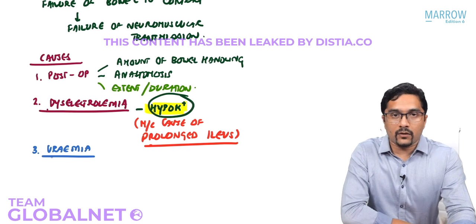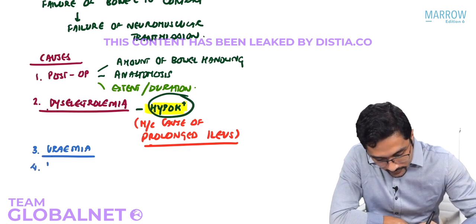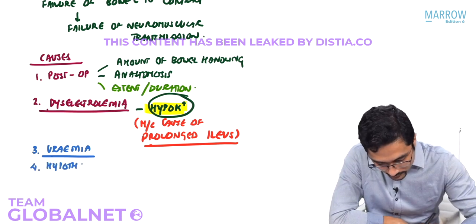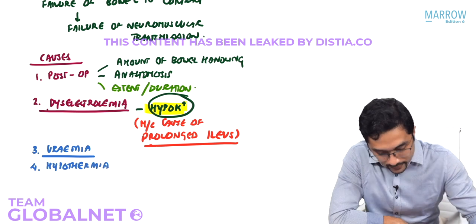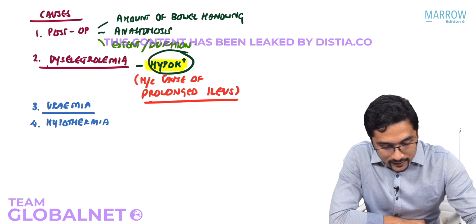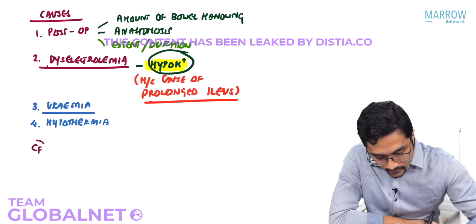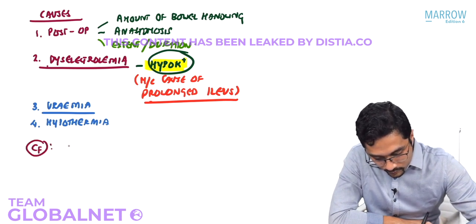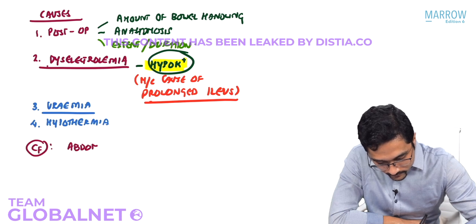Increased blood urea can also give rise to ileus. Hypothermia is another cause which can predispose to prolonged paralytic ileus. Now, the clinical features of a patient with paralytic ileus would be abdominal distension,